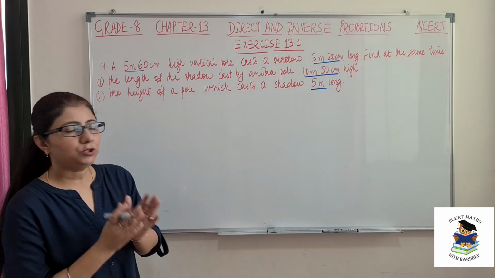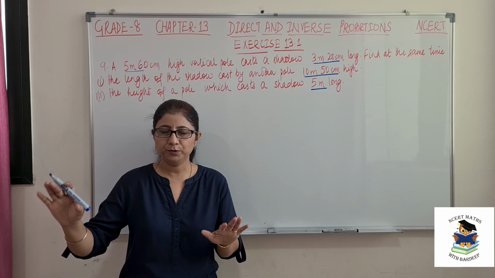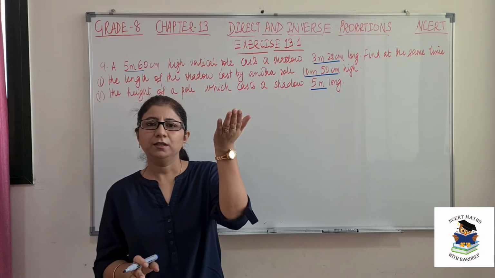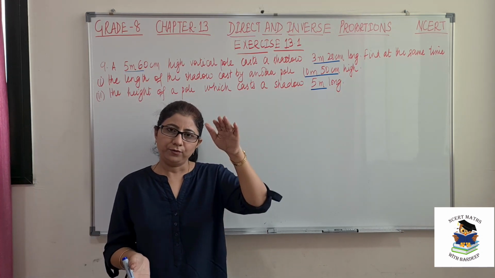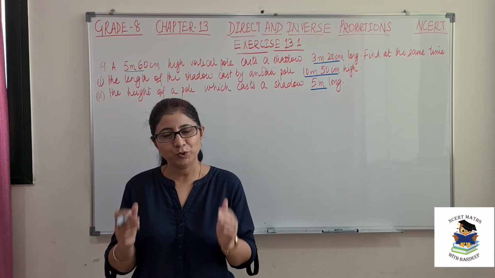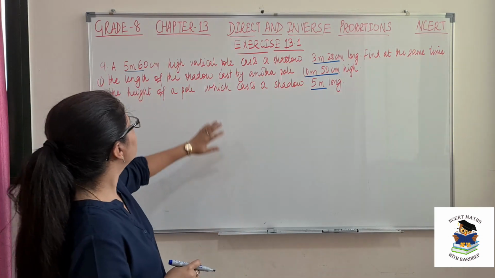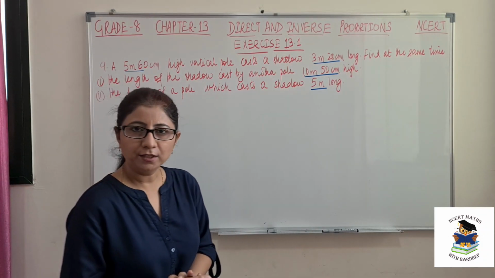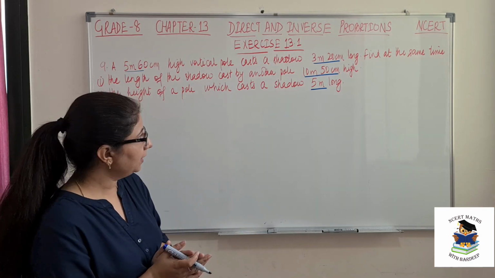So here we are given two things, that is actual height of the pole and shadow of the pole. So we are considering at the same time, so if the height of the pole is more, shadow will also have a longer length, and if the height of the pole is less, shadow will also have lesser length. So again these two quantities are in direct proportion, but the point is here it is mixed data, that is meter and centimeter together. So first we will convert this into the same unit so that our calculations will be easier.